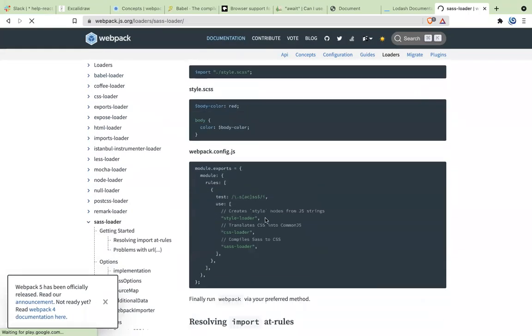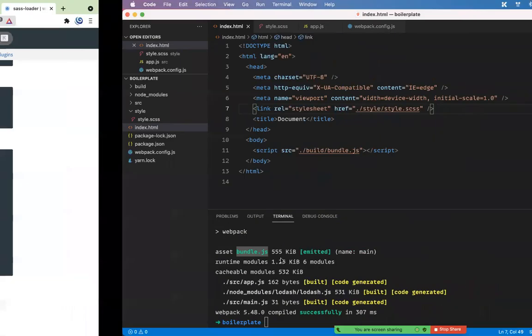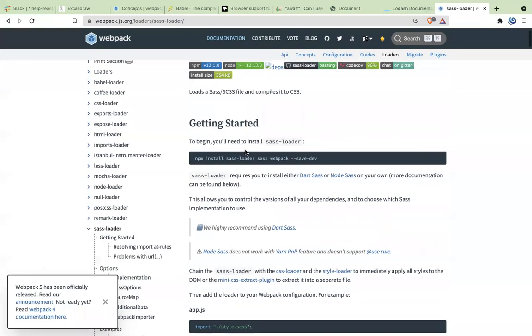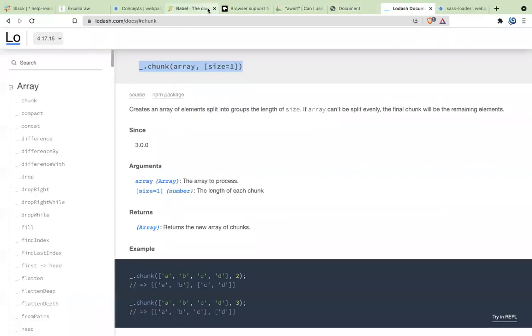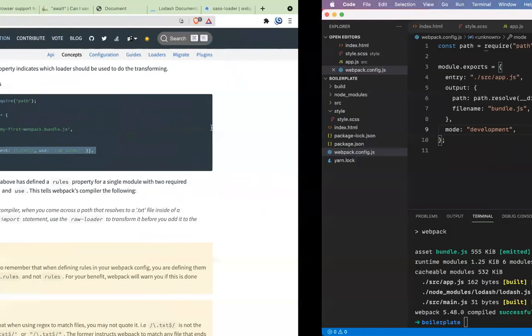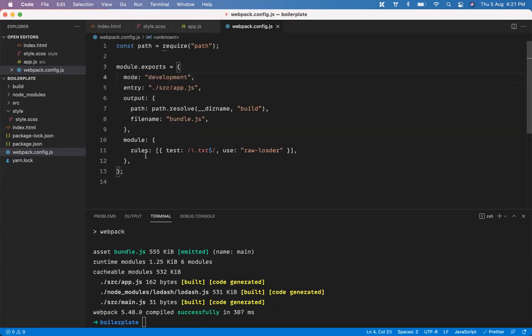Once you look at it, you can see that you will need multiple packages for this. Okay, so how do you do that? Obviously you will have to configure your Webpack for this. Inside Webpack, there is a new thing called module. So I'm going to add a new concept here, that is module. Let's just move this mode on top so it is a lot easier to see. Module is like when you are creating the module, it's going through multiple files. These are the rules that you have to follow.